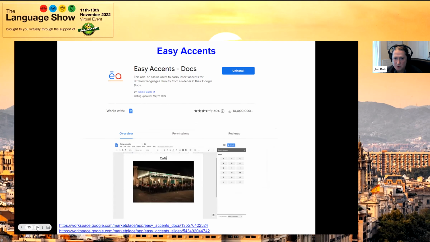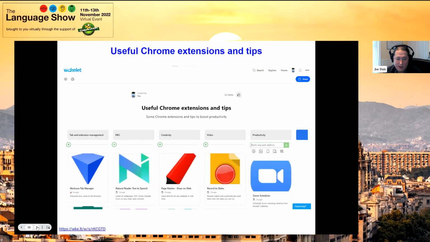Easy Accents, it goes without saying, works with Google Docs and Google Slides. You get a little pane appearing on the right-hand side, which allows you to embed accented letters straight into docs or slides. And then this is a Wakelet, which I put together, which has over 60 items,